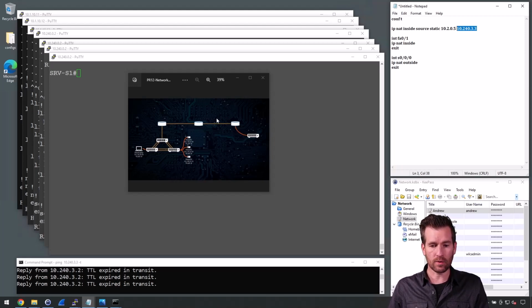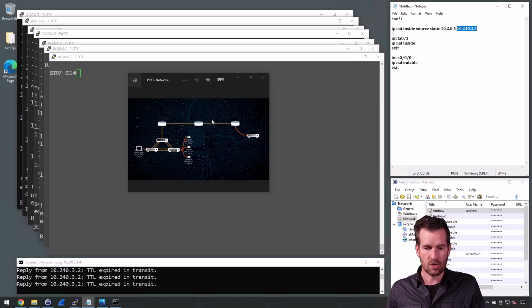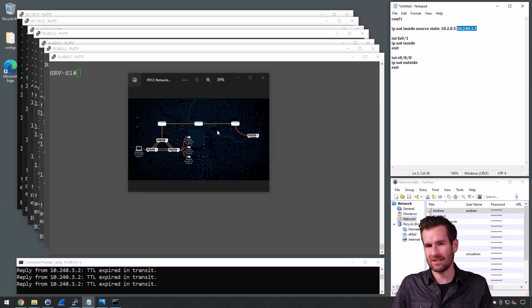This network right here is 10.240.3.0/29. So I actually have up to 8 IP addresses in here. Of course, one of those is the broadcast. It's not a broadcast network, but